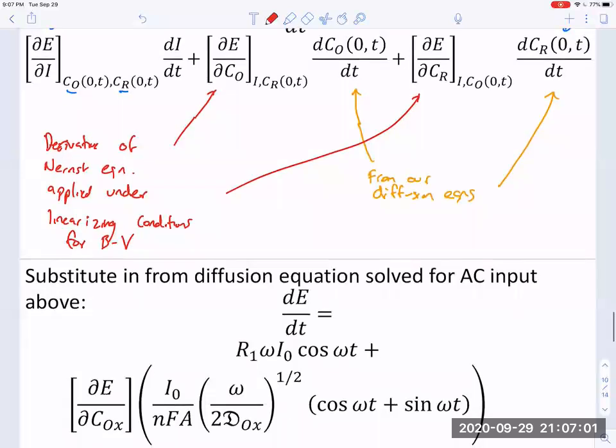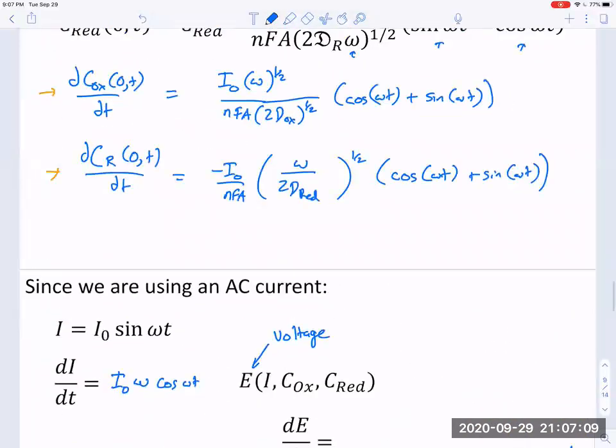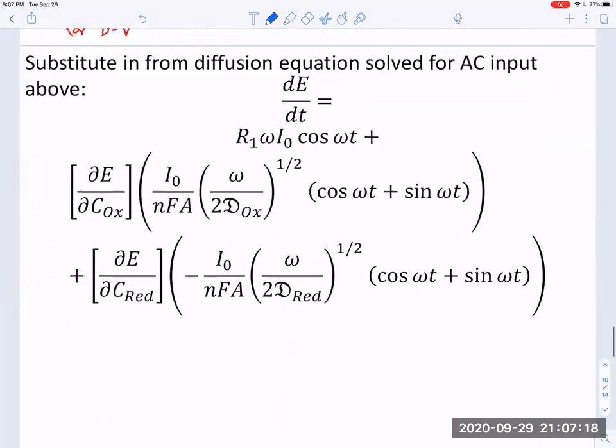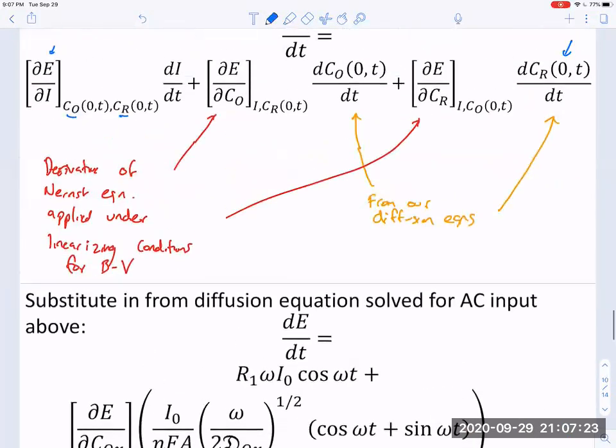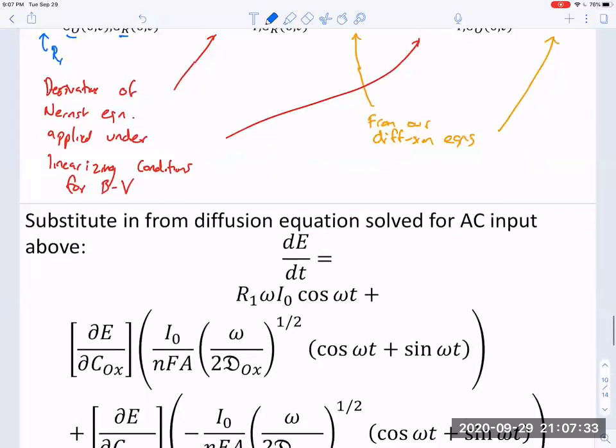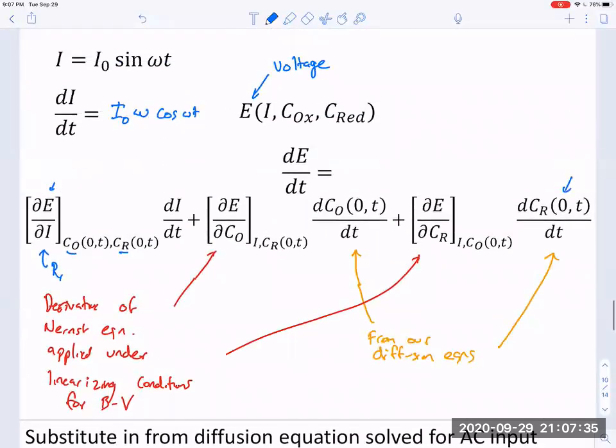Okay, so we're just going to start substituting in from the diffusion equation that we solved for this AC input. These orange things that are indicated here, this equation and then this equation. So we get that the change in the voltage with respect to time is equal to, first, one other one I missed, the change in the voltage with respect to the current, this is our R1, if everything else is constant. So we get R1, we know that di dt